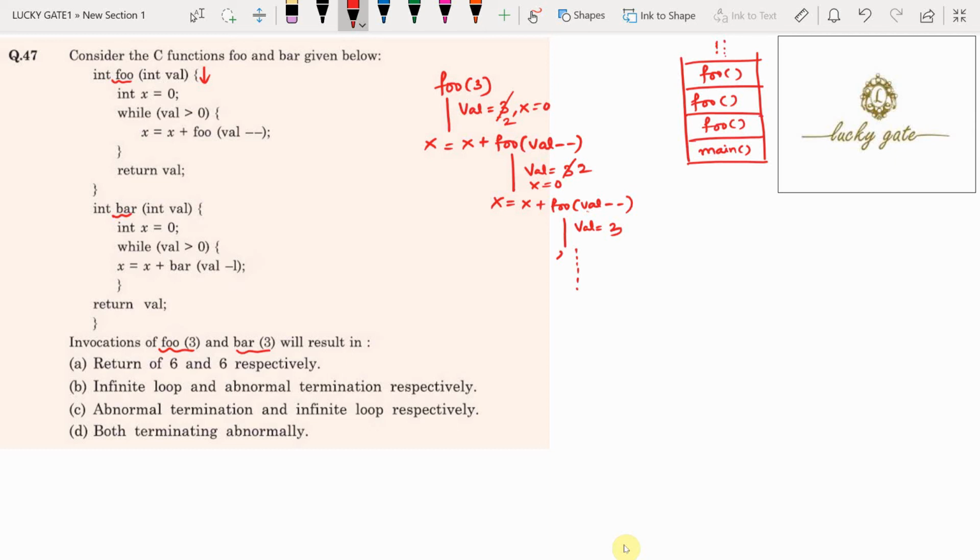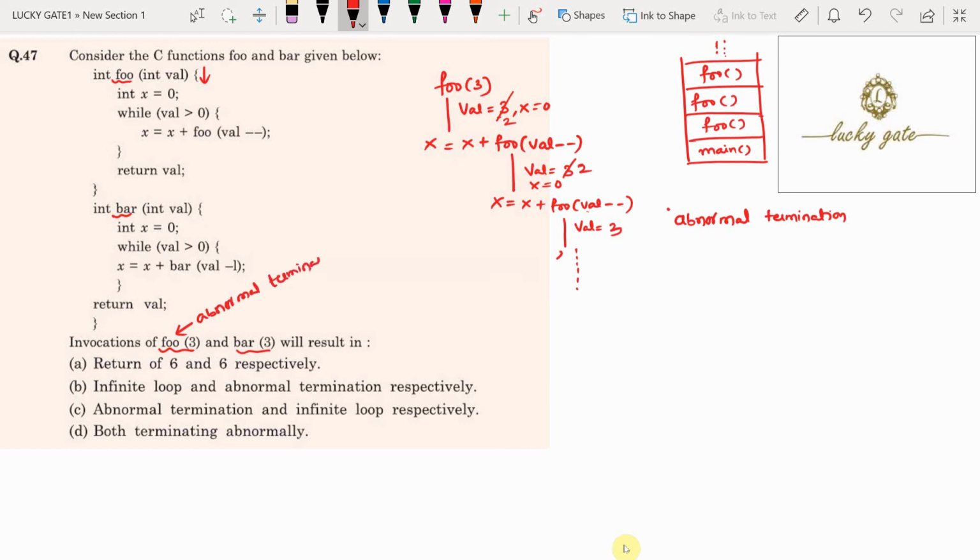Whenever the stack becomes full, it stops the execution of the program. That is what we call abnormal termination of the program. So foo of 3 makes the program terminate abnormally. That is for foo of 3. Now what is foo of 3 returning? Abnormal termination.